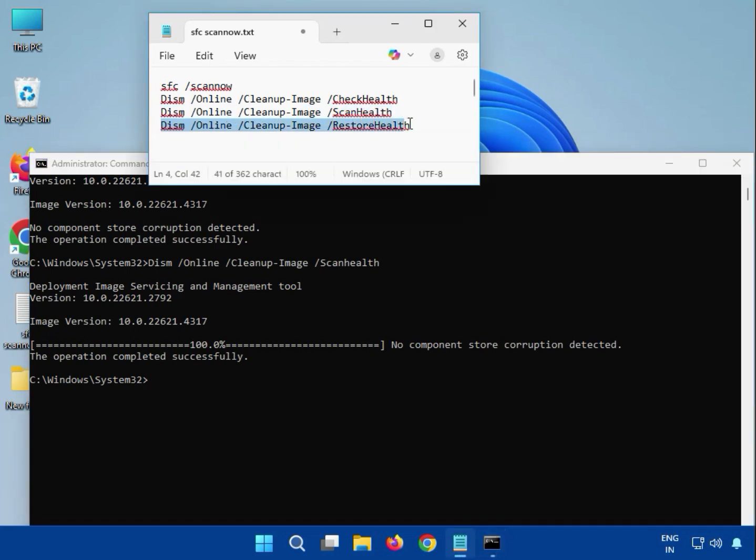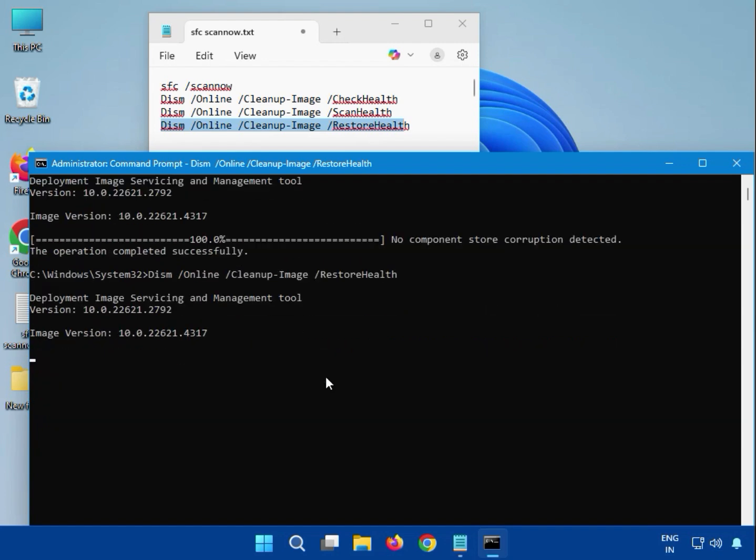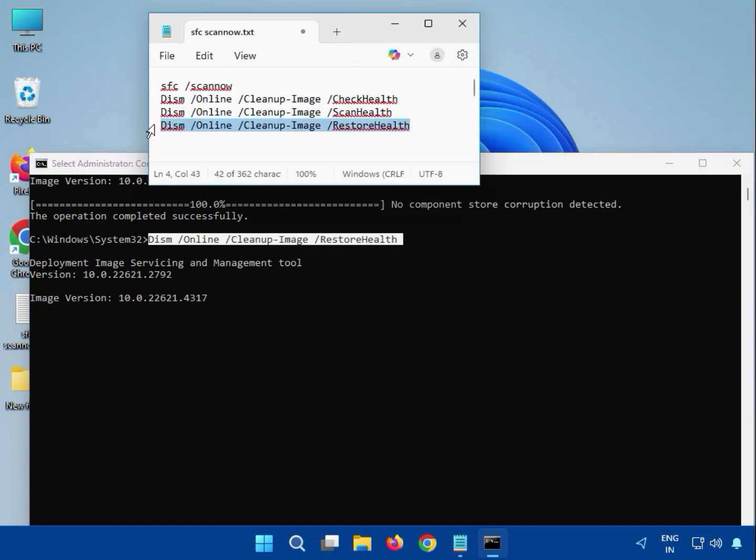Then guys, the fourth one, which is restore health, you can see here we can enter DISM and all, and please note small and capital. Okay, restore health, and then hit enter. Again guys, you have to wait. Okay, some start the percentage, it will complete. After that you can see here